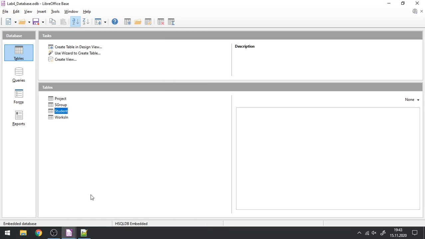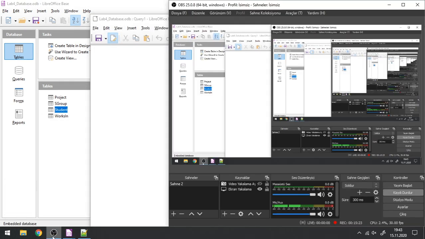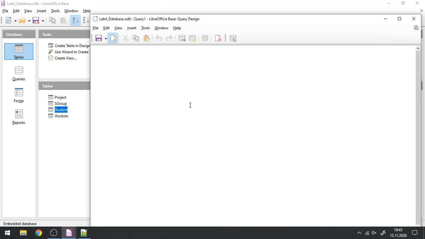So coming back to our query, now we would like to group the students according to the group numbers. That's one thing. Additionally, we would like to project the average payment. So let's write first select, we would like to get the group number. Since we are going to join the student table with the group table, it can come from the student side or the group side. It doesn't matter. Let's get it from